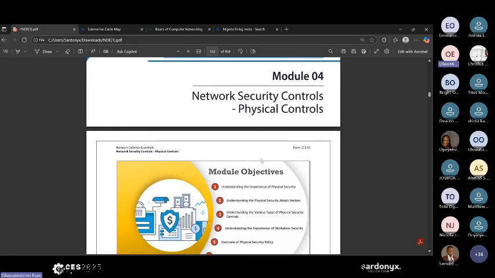So let's talk about physical control. We've talked about administrative control, we've talked about compliance, we've seen different kinds of compliance. We've talked about PCI DSS for payment cards, we've talked about HIPAA for health, we've talked about the Sarbanes-Oxley Act, right, that protects investors. We've talked about GDPR, we've talked about the Data Protection Act, we've talked about intellectual property, we've talked about FISMA. We talked about the ISO series. So these are common regulatory compliance.